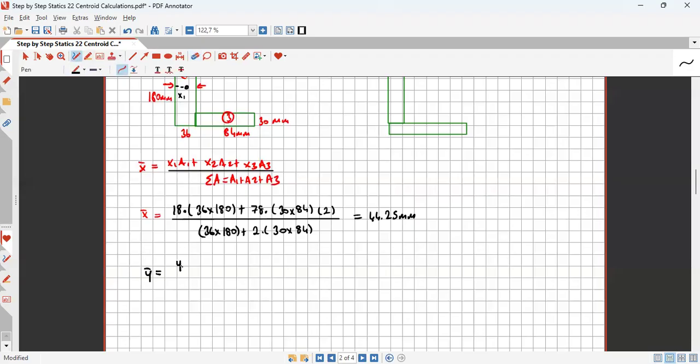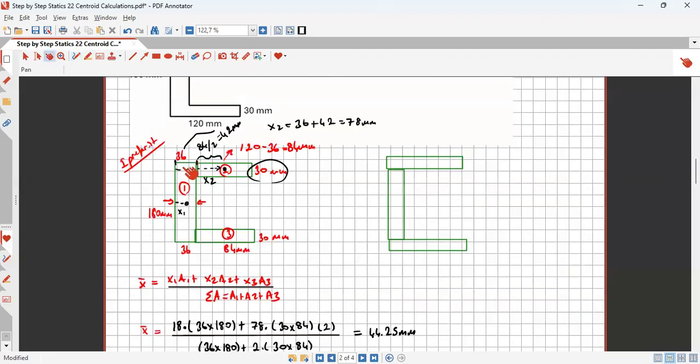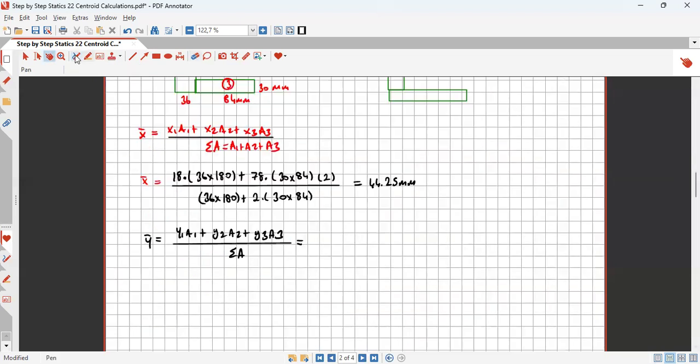For y prime, we use y1 a1, y2 a2, y3 a3 over total area. Okay, let's start with y1. Y1 is here. It is the half of 180, which means 90. 90 times 36 times 180. This is A1, this is Y1. Plus,